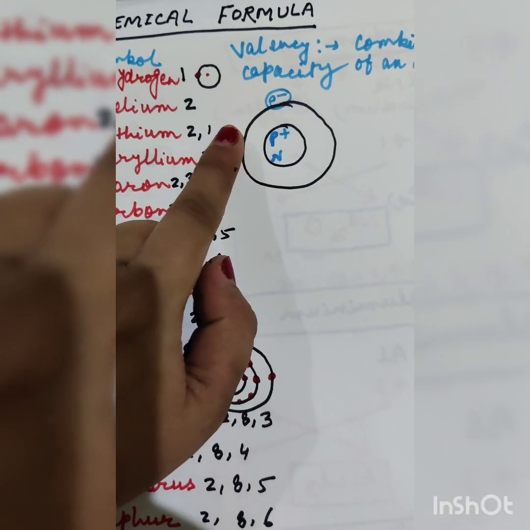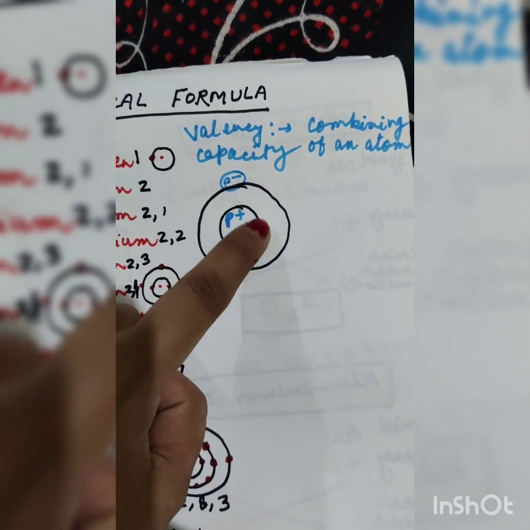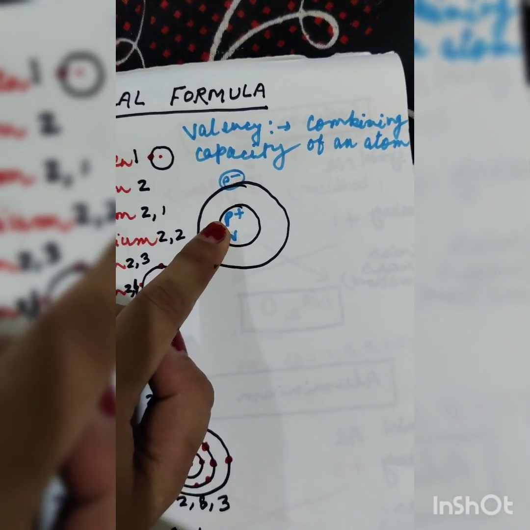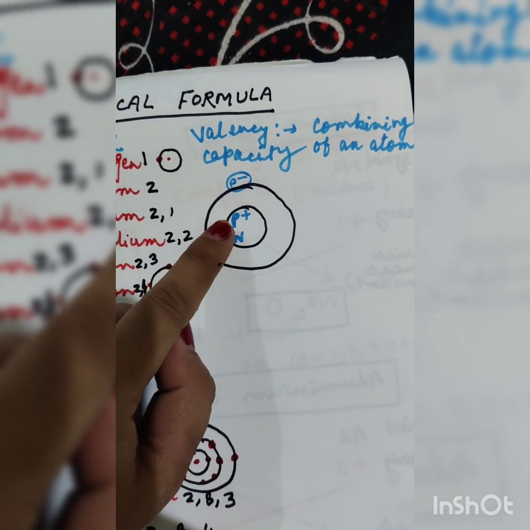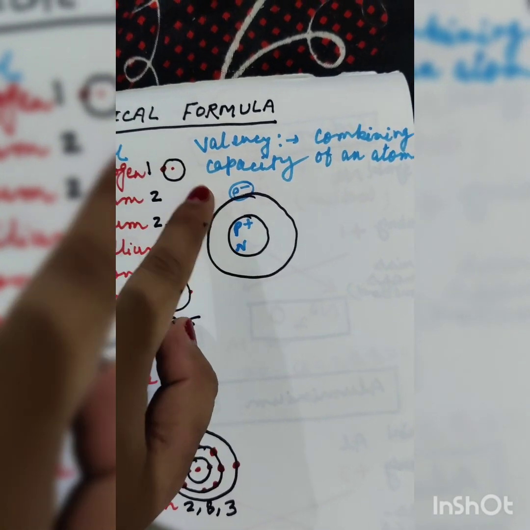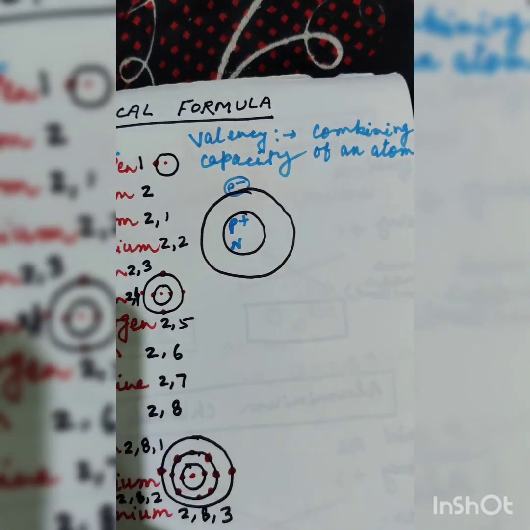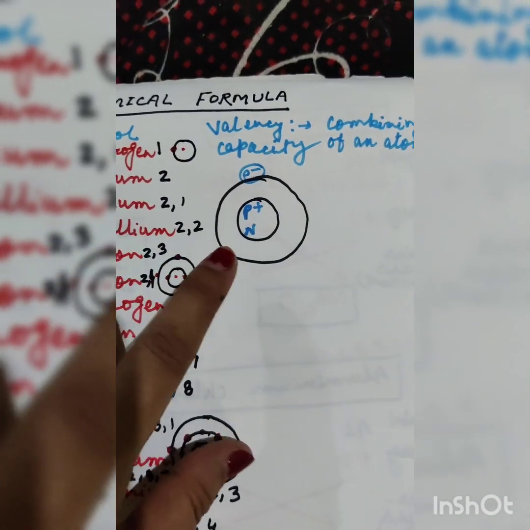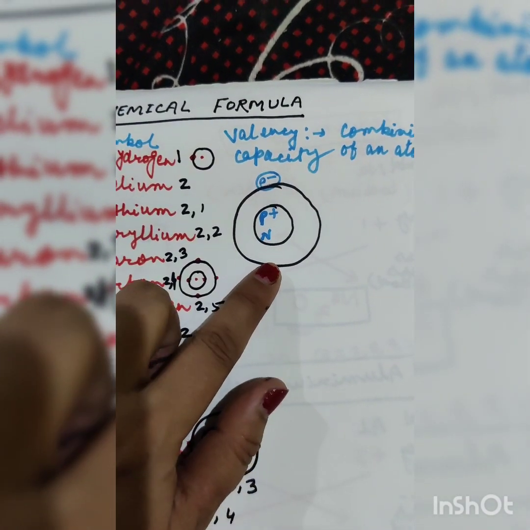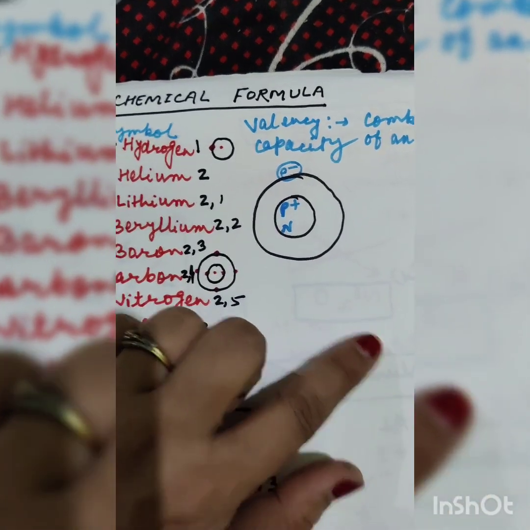Now, the atomic structure of an atom. There is a nucleus inside an atom which has proton and neutron. Proton is denoted with a positive sign and neutron is neutral, while electron is revolving outside the nucleus. Now, there are 4 shells in the atomic structure: K shell, L shell, M shell, and N shell.